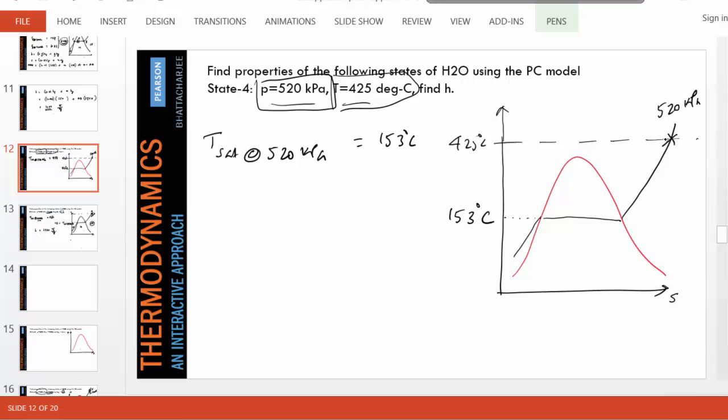So the only thing is that the final state, state 4, must be somewhere on the superheated side of the dome. Because if you notice, even if you say, okay, my 425 is really here, even then you will end up with a state that is on this branch. That is the superheated vapor branch of this phase dome. So the problem becomes considerably simplified. To find the enthalpy, we must go to the superheated table